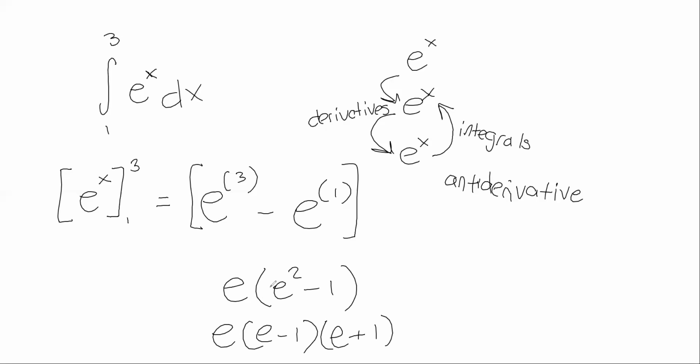This isn't necessary. Technically, what we have right here would be correct. It would be fine to leave it at this, but for some technical calculus problems, like something you might find on the AP exam, they might want you to find the intercepts. If you wanted to find the intercepts, it would be much more helpful to put it in this form right here, because it makes it so much easier to find where the x-intercepts are if this is a function that we're trying to graph or factor in any way. So it really just depends on the context of the problem when you're deciding if you want to just leave it like this or if you want to